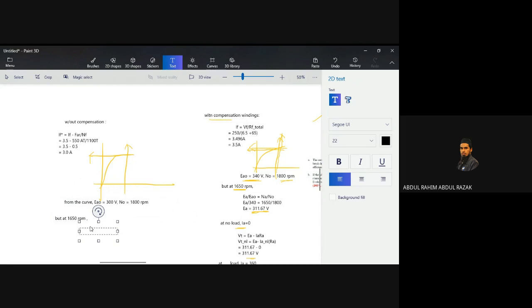You write again your EA divided by EA naught is equal to the speed at this moment over the speed that you reference, which is N naught. So EA